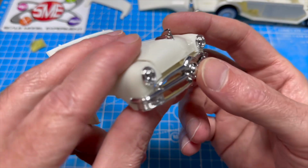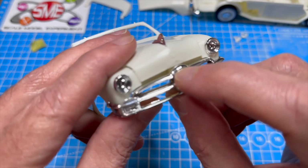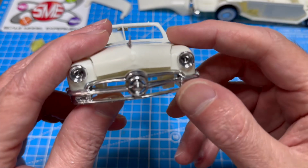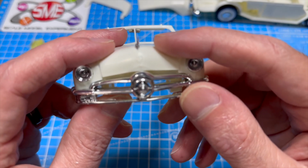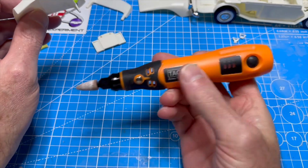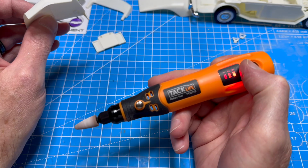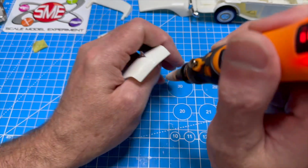And you can see that it's blocking the front of this grill. I need to cut out that little arc, and that should push this down quite a bit. So let's take care of that first. Okay, so I have my mini rotary tool, and I'll go to level 2 and slowly